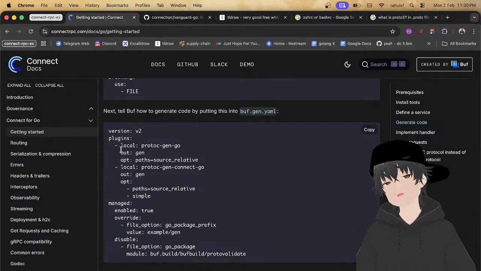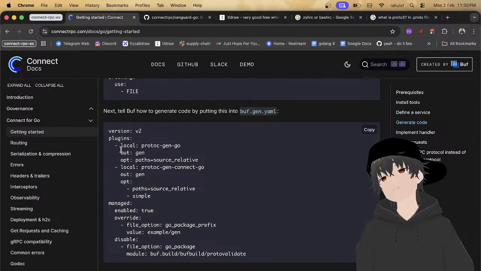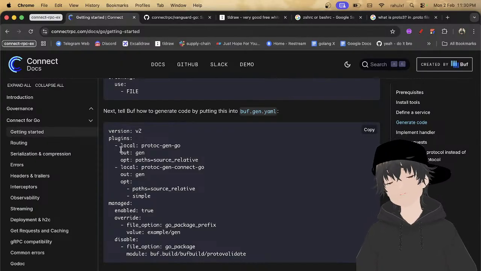Output will be gen, and the path is source relative. Managed mode enabled true. Override, again, we have in the examples as gen, then it should be inside that.